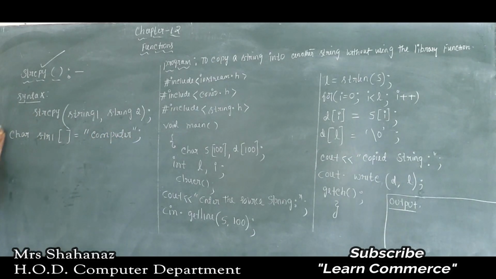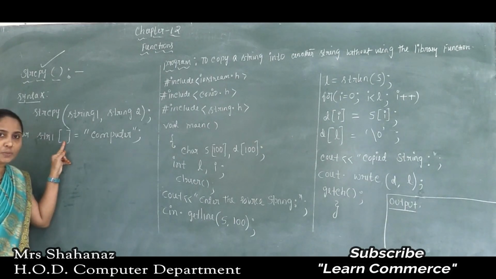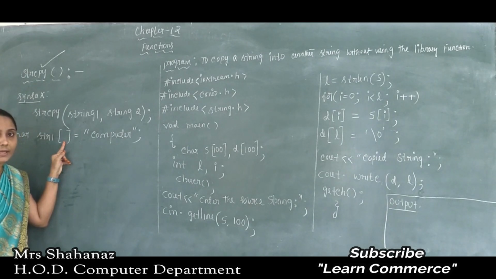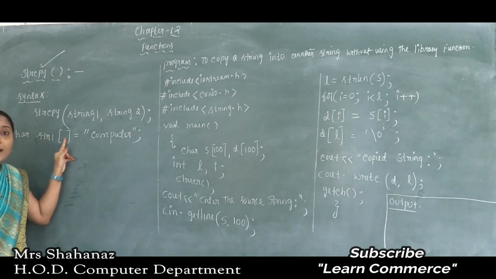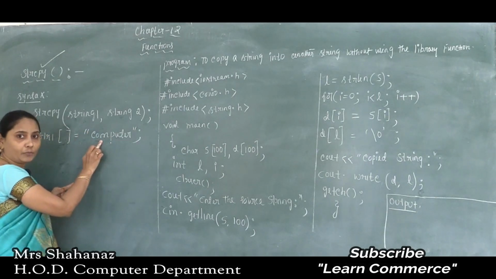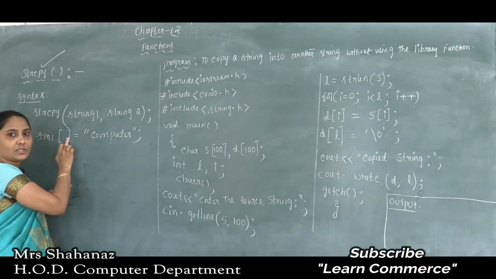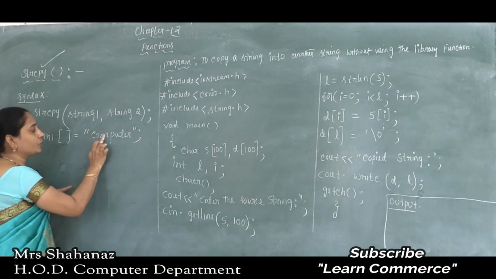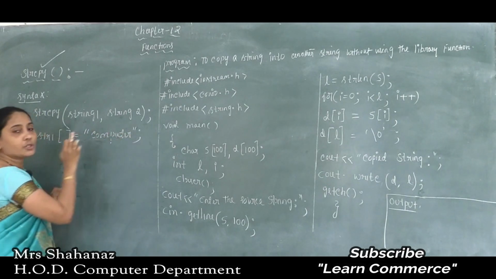Now I am going to write the example. First of all, the name of the string I used is str1. Any string is declared by using the data type char, and later it is also possible to initialize the string without specifying the size. By using this information, we can say what the size of str1 is: 1 2 3 4 5 6 7 8, so size 8.